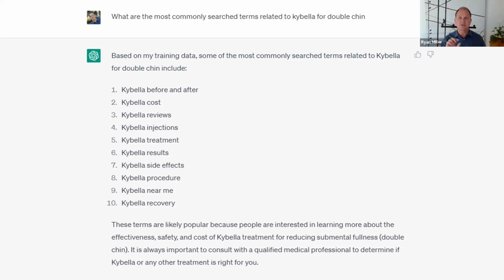Additionally, let me give you a real-world case study here of some keyword research that I did. So I asked ChatGPT in this particular case to give me examples of commonly searched terms related to Kybella for double chin. Now, the example, if you look at the 10 results on your screen that come back, they all start with the word Kybella. Now, the risk that we have today is if someone is not experienced enough to ask the right questions or